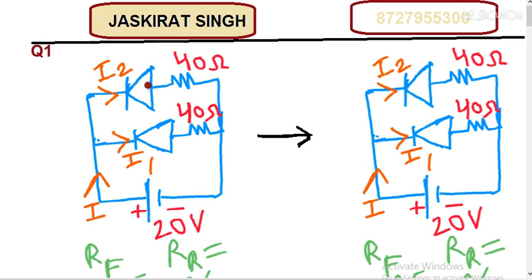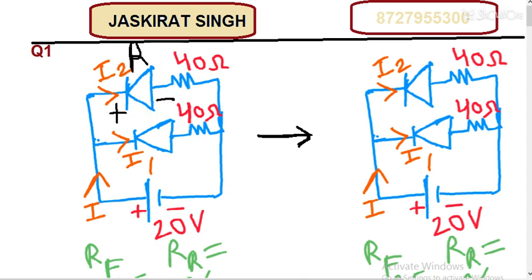Here you can see this will be the positive terminal. If you have not seen how the diode is forward bias or reverse bias, then you have to see the earlier videos. Here this is the positive terminal, this is the negative terminal. So this upper diode is reverse biased. This N side is connected to the positive terminal, and the P side is connected to the negative terminal. That means this diode is reverse bias.